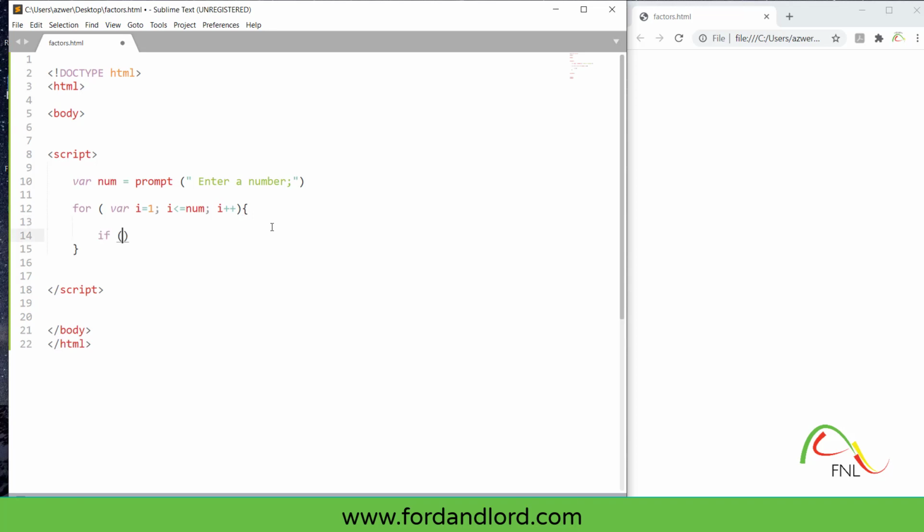Two curly braces, and then if num, and then we'll use a remainder operator. Percentage sign is the remainder operator. So we are dividing whatever number has been typed in by the user, by the value of i. Initial value of i is 1. So in the first round, say for example the number is 20, the 20 will be divided by 1,